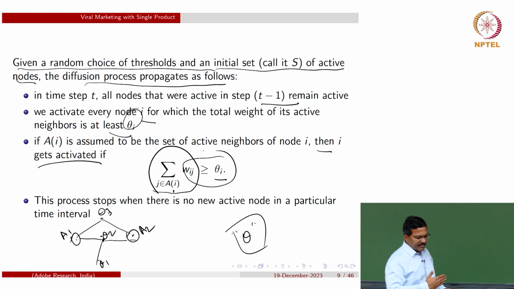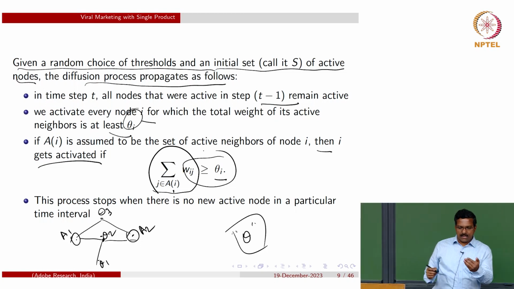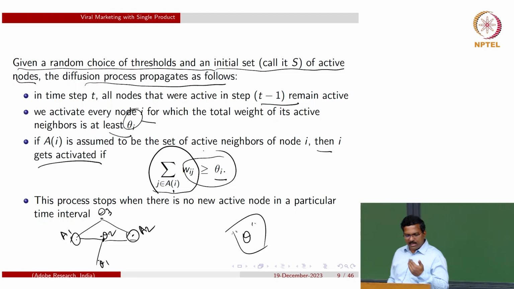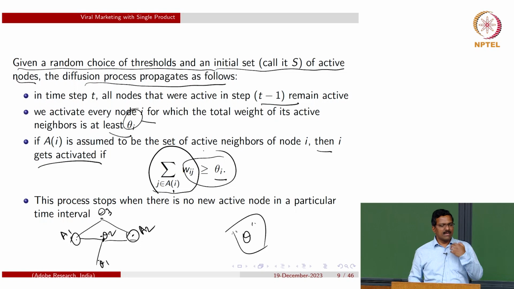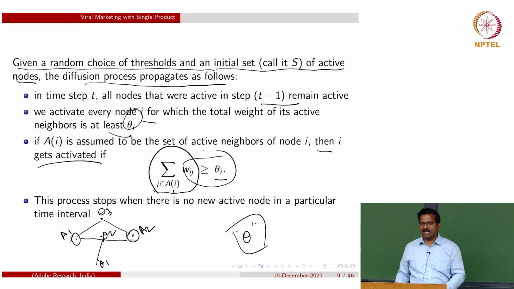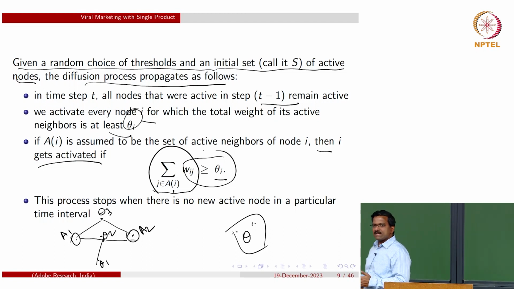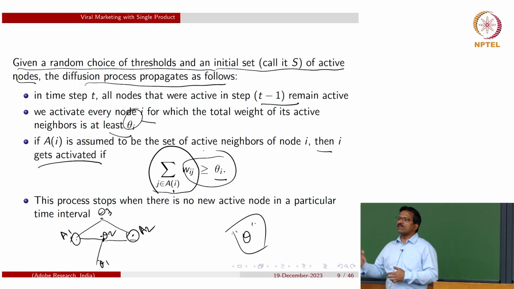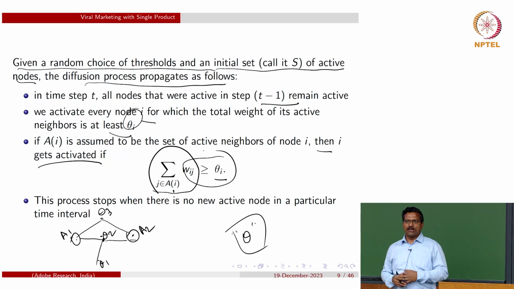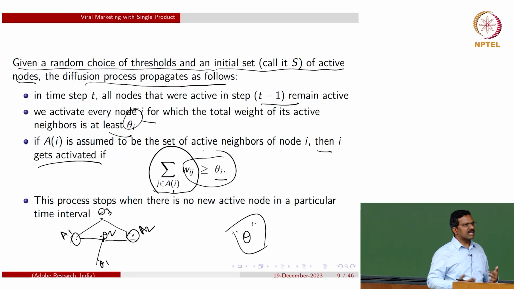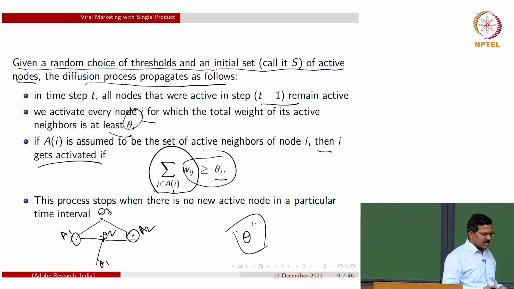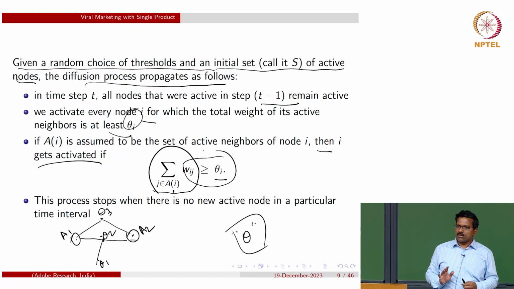So the way information propagates, we are trying to model that by attaching probabilities to the edges and random threshold scores to the individuals. Don't think that this is the only way of modeling. This is a simple model of capturing how information propagates through the network. You can come up with your own more sophisticated model for information propagation. So the linear threshold model is one model.